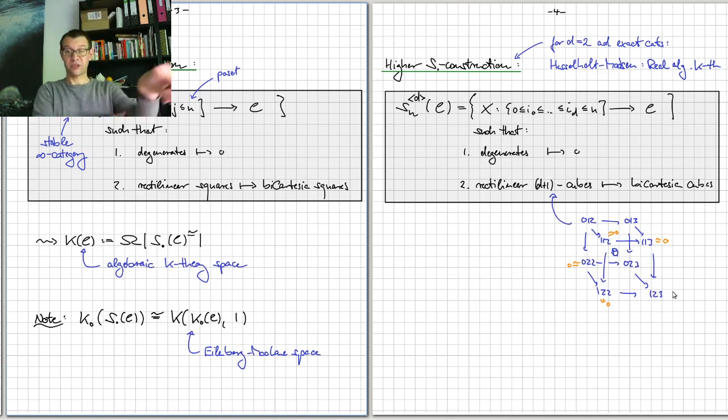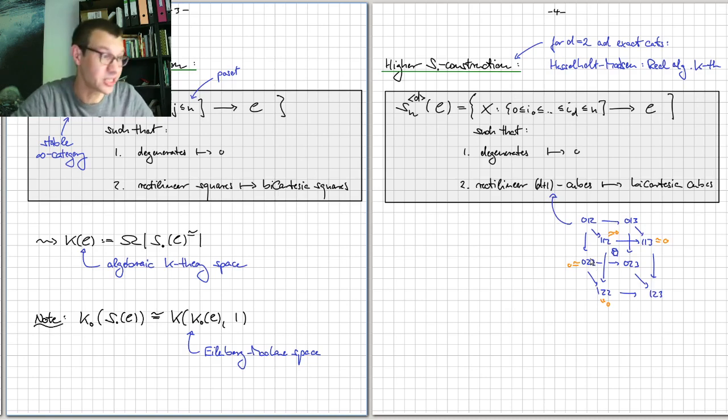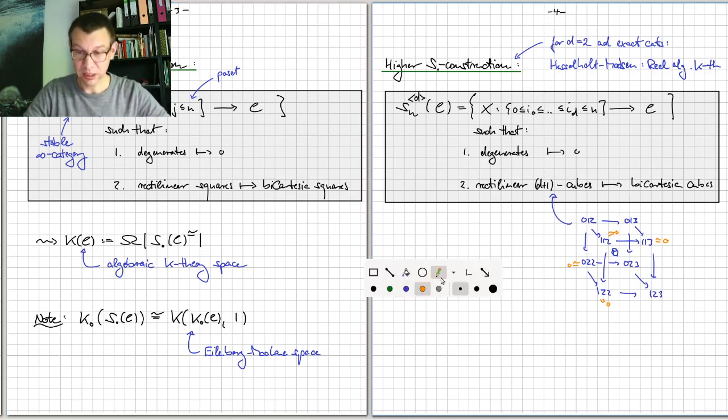Of course, you may have seen these kinds of cubes and the kinds of things one can do with them, for example in Goodwillie calculus, where you play off different types of exactness conditions, where you require that strongly Cartesian cubes go to Cartesian cubes or things like this. Strongly Cartesian would mean that all the faces are Cartesian, but that's not what we require here. Here we just require that the whole cube is a limit, respectively colimit, diagram. And then what's the point of this? Well, the point of this is now that